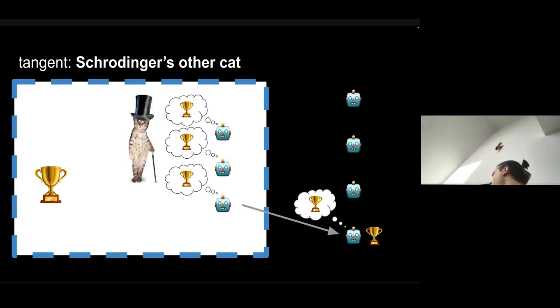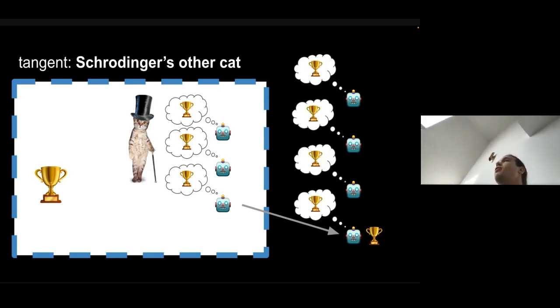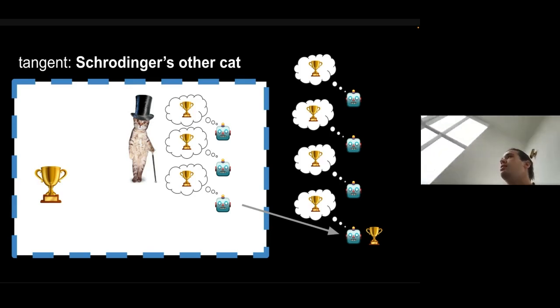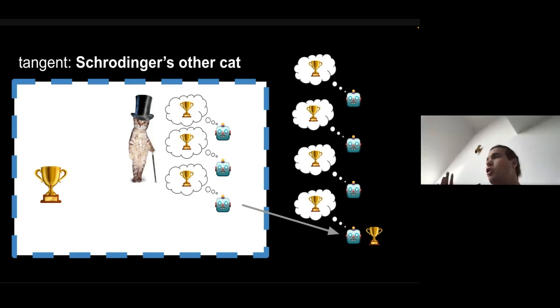So imagine this auction happens, and bot number 3 wins, places the highest bid. Of course, within the box, the information of what's being auctioned might be completely known. But consider a scenario in which only the winner is allowed to know about the information of whatever happened in the box, right? So only the winning bidder inside is able to transfer information to the outside. I'm going to argue that this is qualitatively different from a scenario in which everyone knows about this, in which the barrier is completely transparent. Does that make sense? Yeah, everyone's nodding. Great.